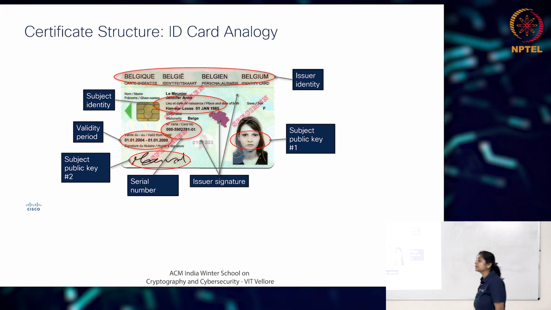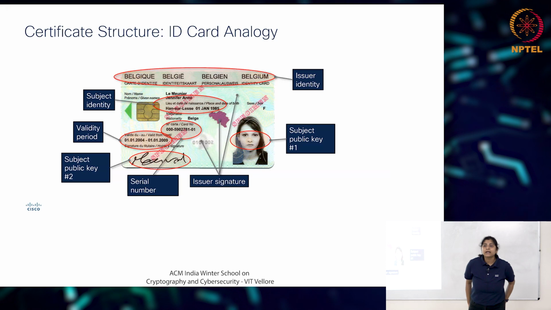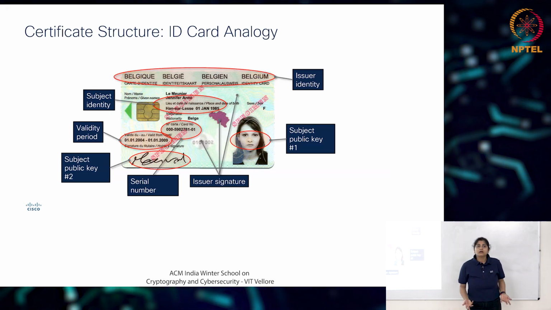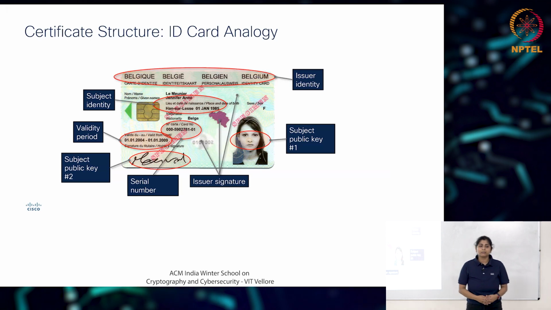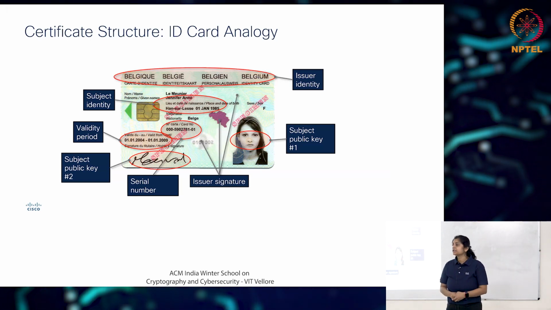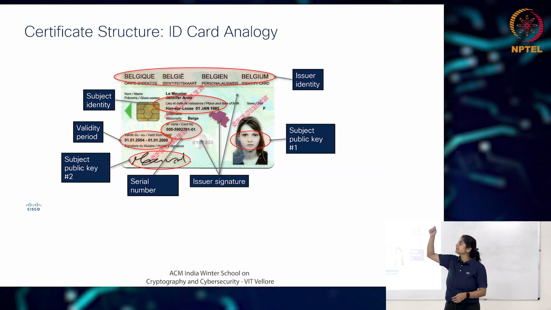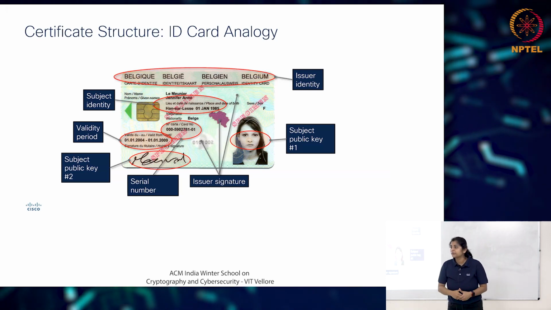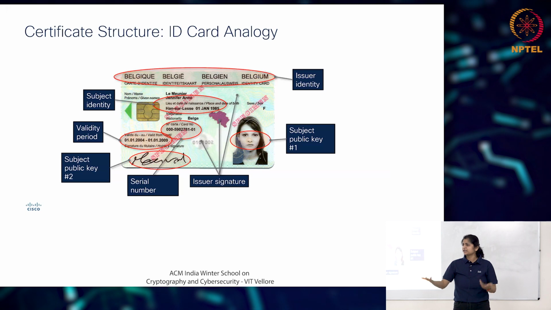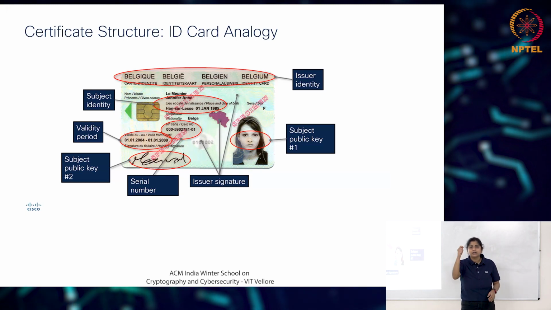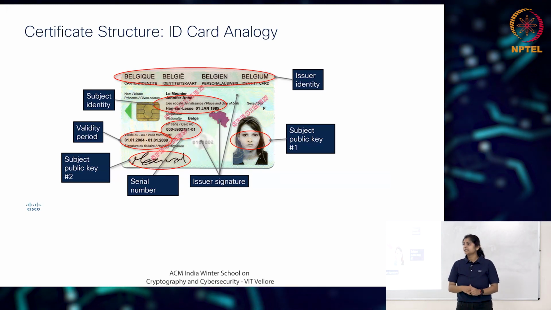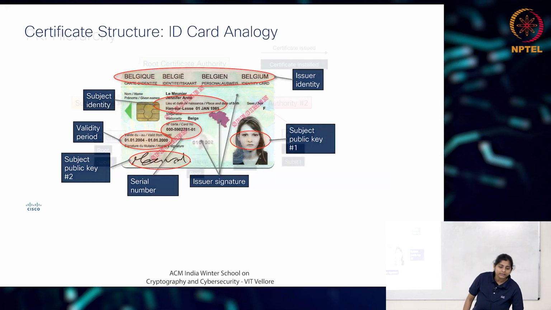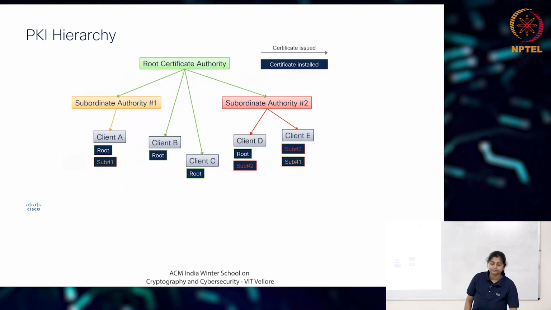Because the issuer's name is not enough, right? Issuer identity I can print out and I can say yes, I have a legitimate one. But how will the officer look at that and see, okay, this is original? Like banknotes, how do we see, right? There is some RBI stamp, or any other type of identity where we see the hologram, where we see the stamps, etc. So that is the issuer identity, issuer signature.